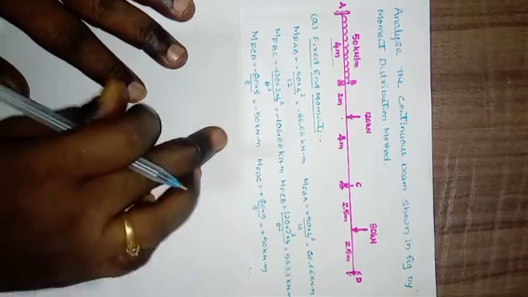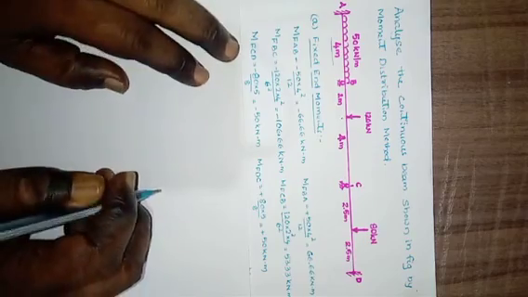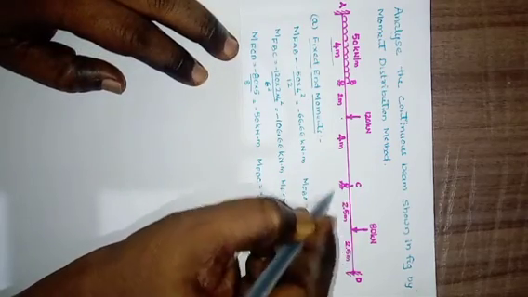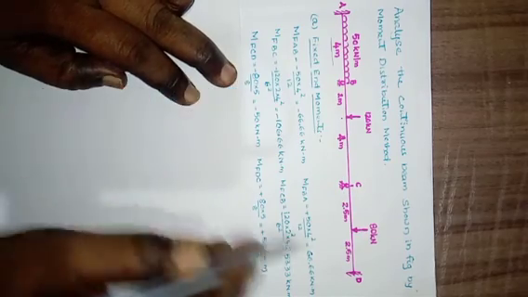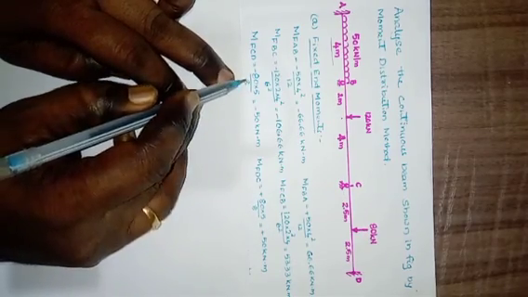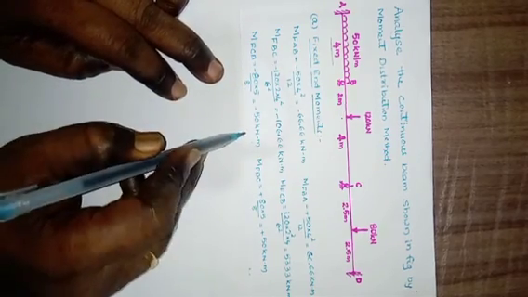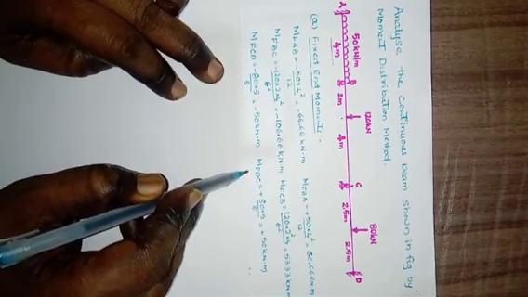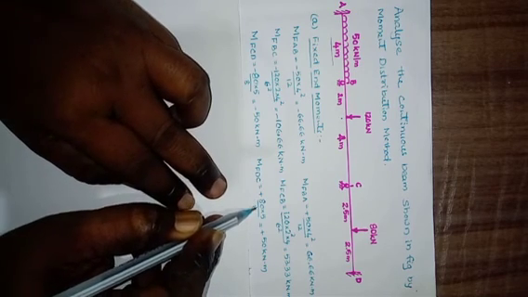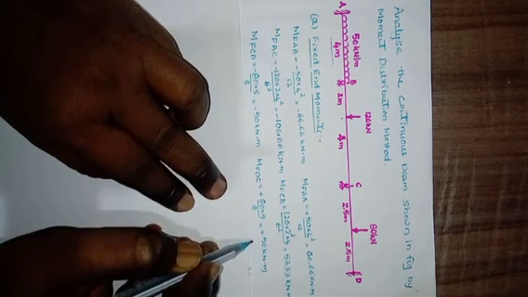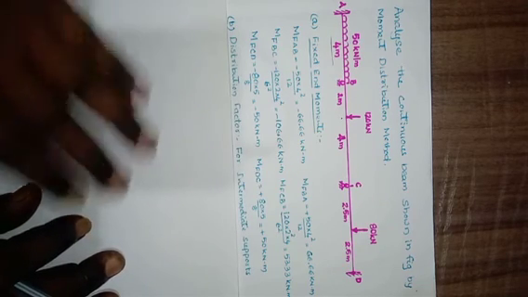Then here in the span CD, it is subjected to a point load at the center. Then MFCD, that one is anti-clockwise, WL by 8. L is 5 meter, W is 80. Hence, minus 80 into 5 divided by 8, you will get minus 50 kilonewton meter. Similarly, MFDC is clockwise, W is 80, L is 5 divided by 8, that is 50 kilonewton meter, clockwise.